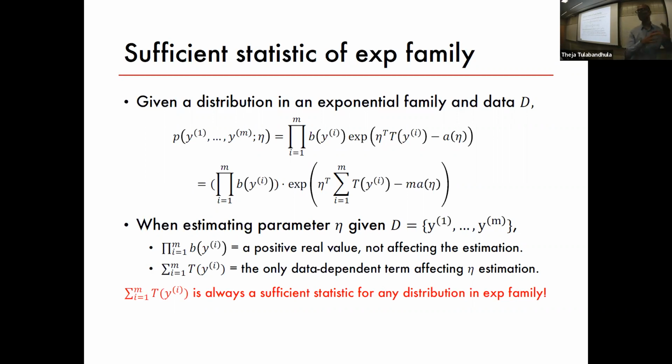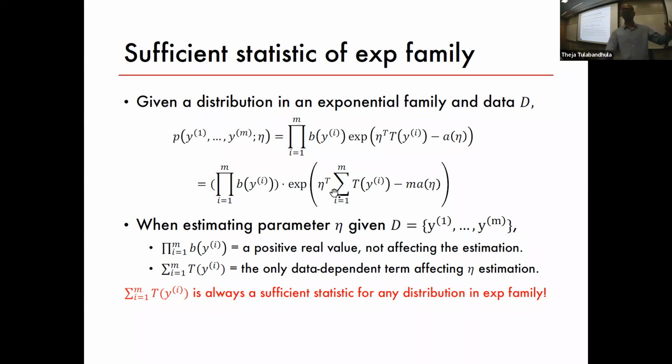The punchline is that you have the original data, so y1 to y100, y1 to y1000, whatever it is. From there, if you can get to this summation of t of yi, that is enough to figure out what eta is. Because if you look at the log likelihood function, this is the only thing that is a function of data. There's nowhere else data is appearing. So as long as you can compute this aggregate from the original data, the aggregate will lead you to the right eta.